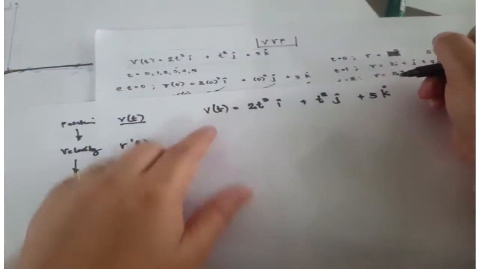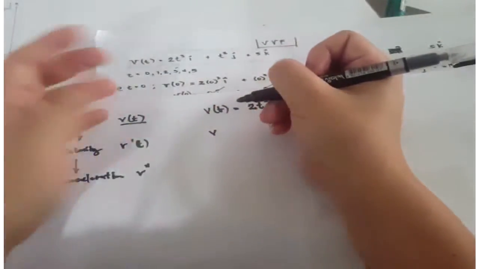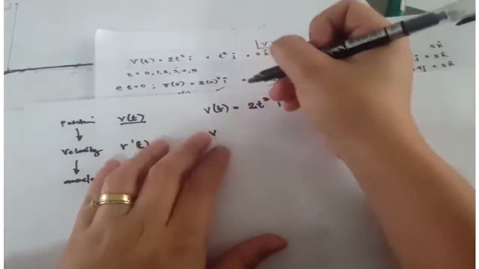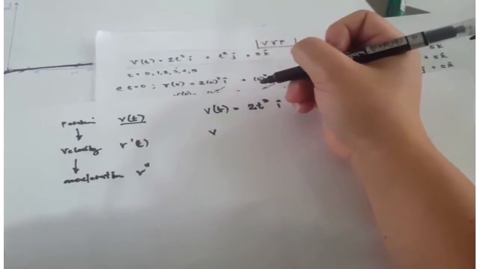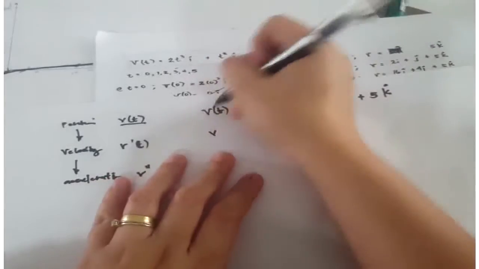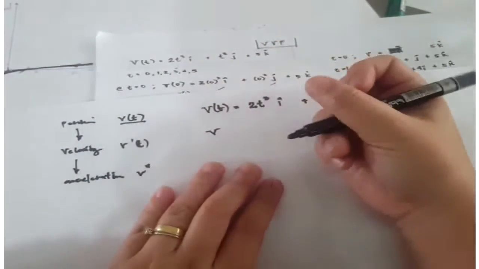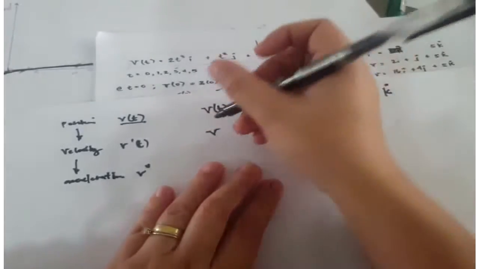So just simply find its prime, y prime, x prime. So for this time, instead of using y prime, let's now use letter v, which denotes our vector valued function,